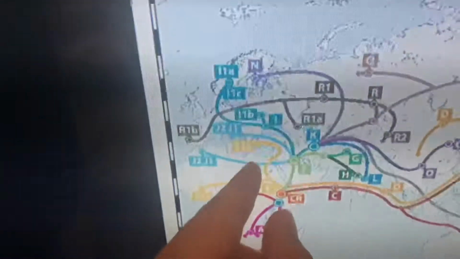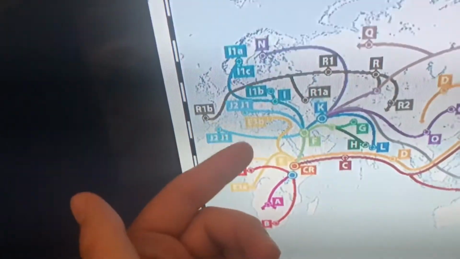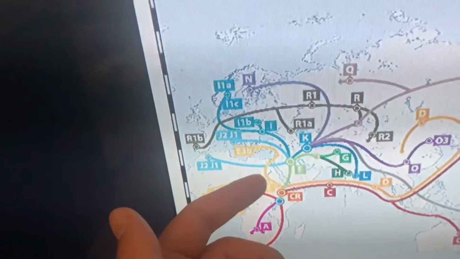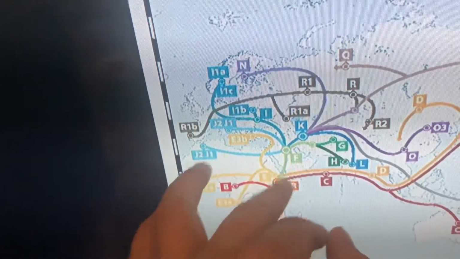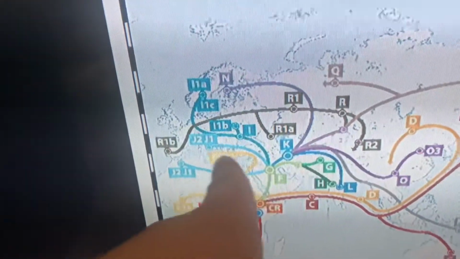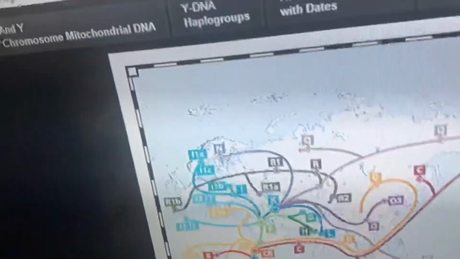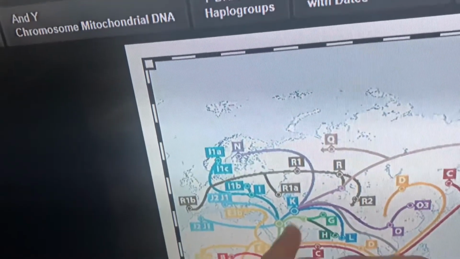So anyways, after E, what's also cool is that Greeks and Egyptians are pretty much one of the oldest people on the planet, predating Jews. I think that's super crazy. Anyway, after that it becomes F, which branches off to J2 and J1, and those are Semitic genes, like Arabs, Jews, Palestinians,